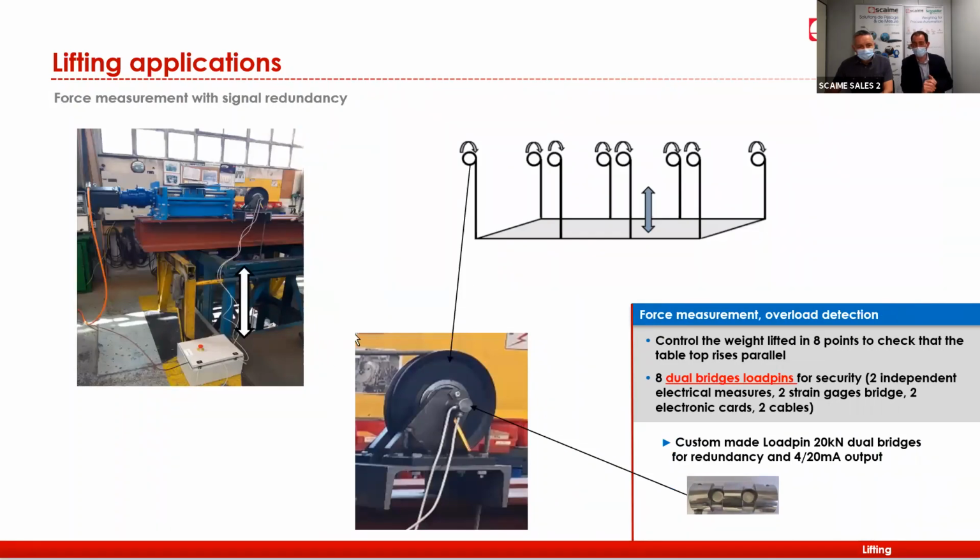Other lifting applications. The main point for this application was to lift up a table, and the lifting process was made using 8 pulleys. We have been asked to replace all the axles by load pins, and in these applications we've used dual bridge load pins, as I said before, with a redundancy of the signal. So each load pin was able to provide 2 signals